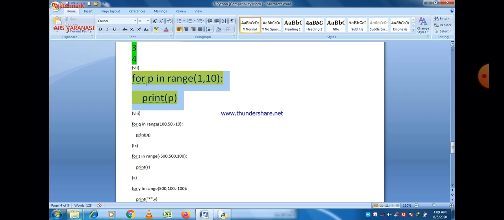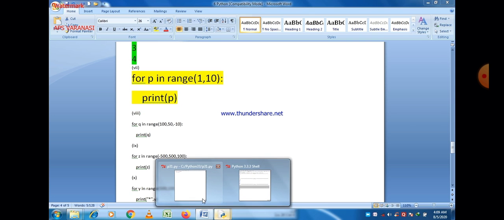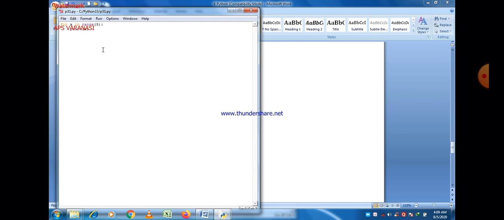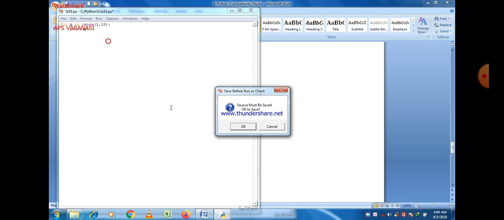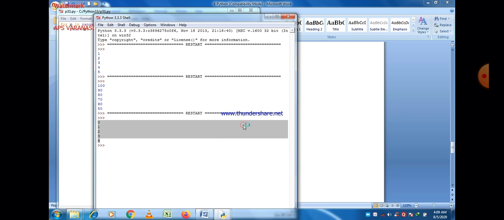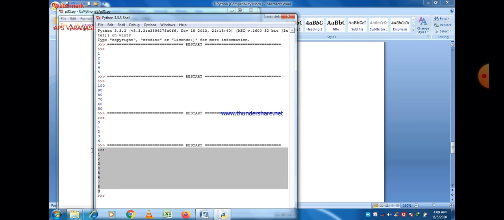So 1 2 3 4 5 6 7 8 9, these values are printed one after another, and of course the line will be changed in all the cases because there is a print statement here. Let us see what the output is. As you can see here, 1 2 3 4 5 6 7 8 9.